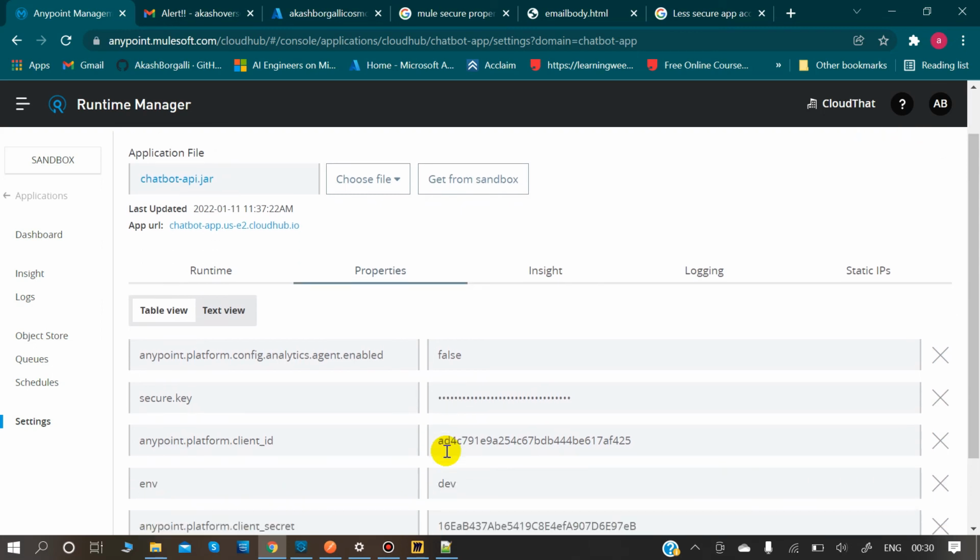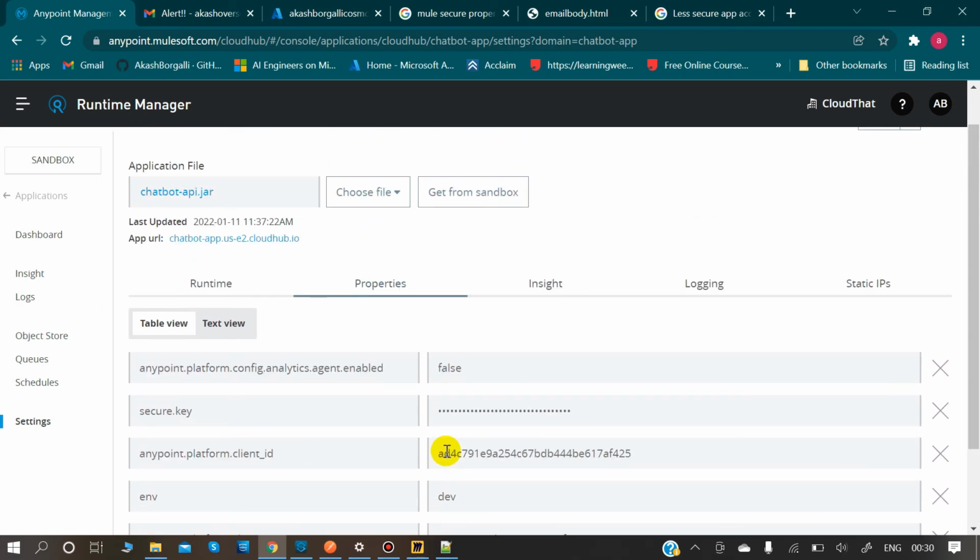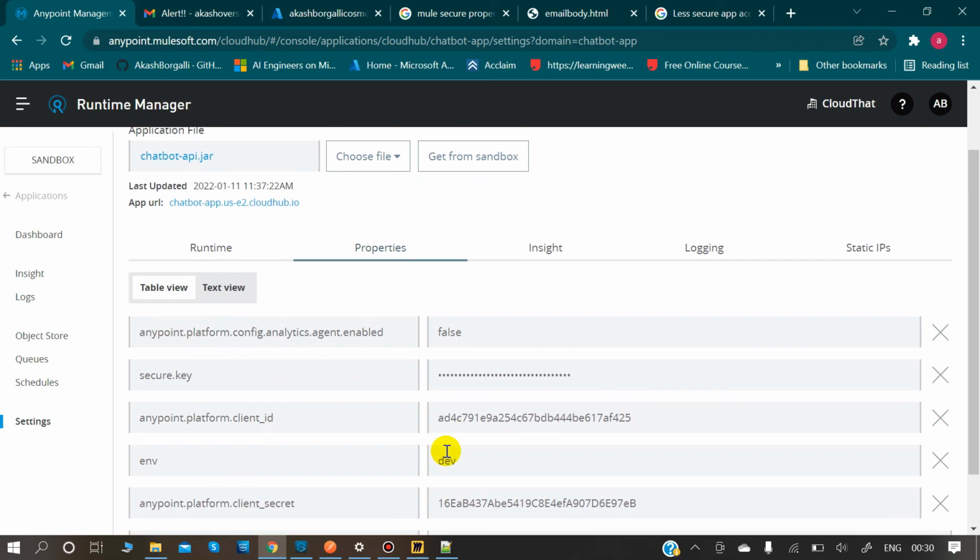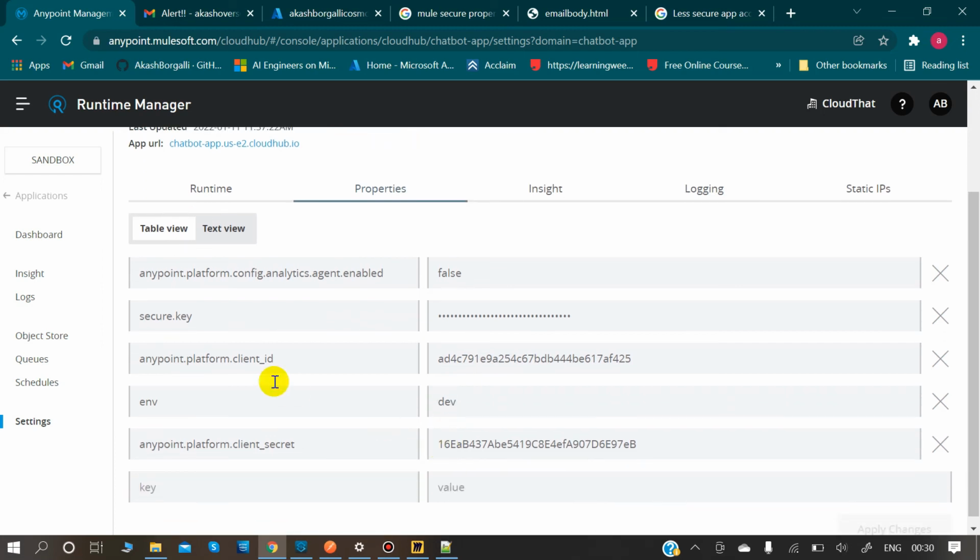And now we are going to see how you can add these client enforcement policies. You also have to give this anypoint platform dot client id and client secret for the deployment.